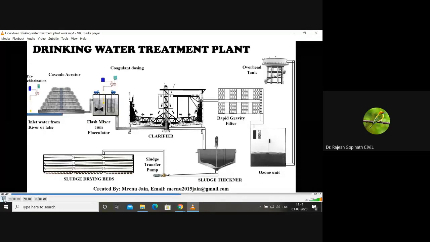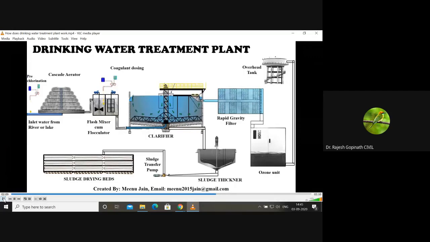After flocculator, water is sent to clarifier where, due to gravity, incoming flocks are settled down at bottom of clarifier and clear water is sent to rapid gravity filter for filtration of remaining fine solid particles. This unit comprises a bed of sand supported on gravel overlaying an under drainage system. It is used for removal of less than 20 NTU turbidity. After filtration, turbidity is reduced to less than 1 NTU.